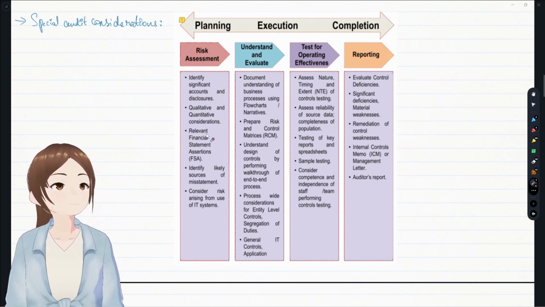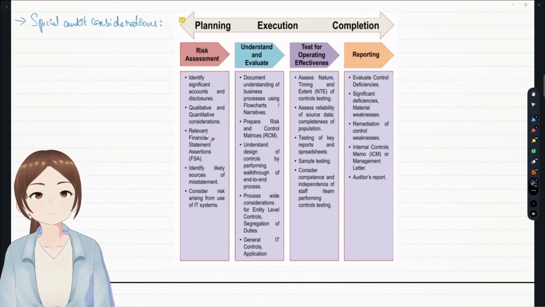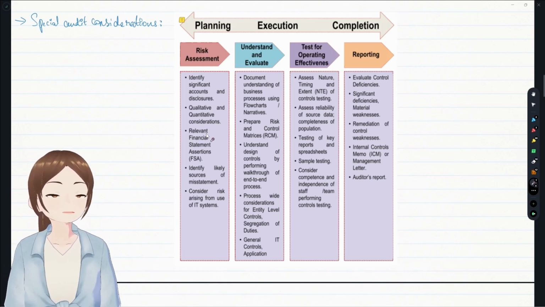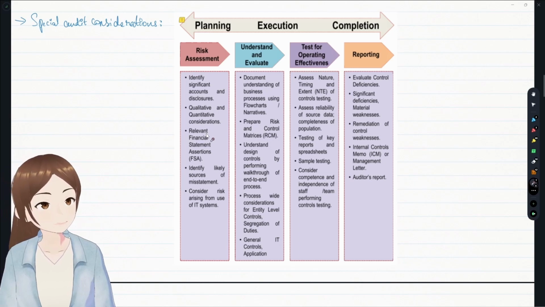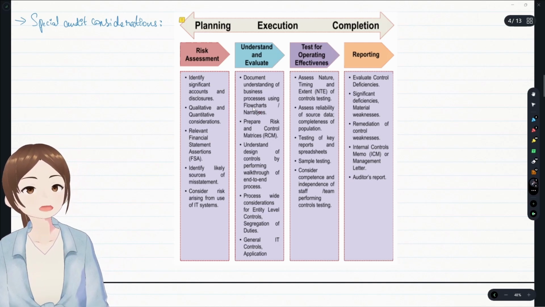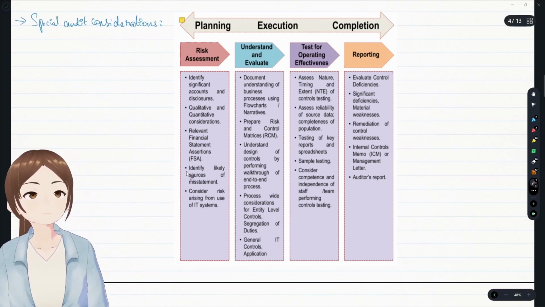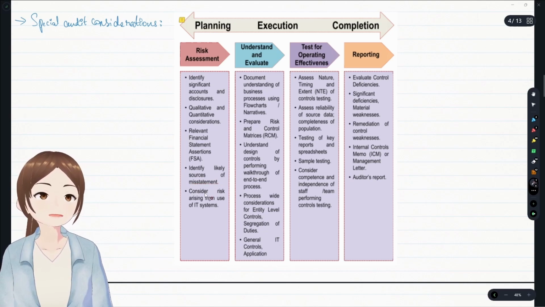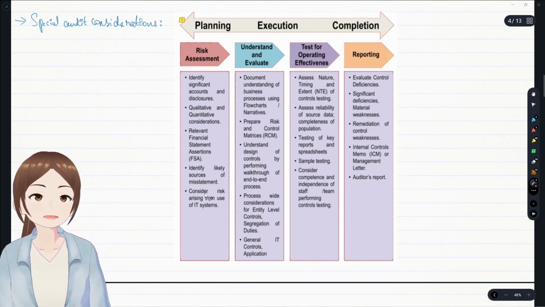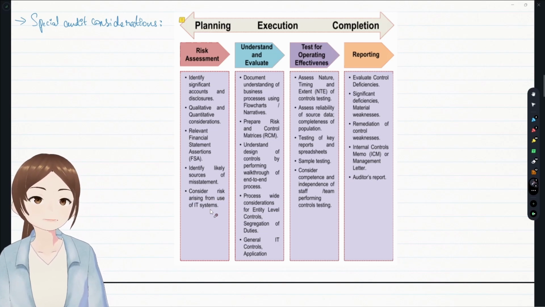We have to know what the key points or topics are that get used in this 200 series, and when we have to mention those relevant points in that particular question. We're going to discuss that soon. But before that, on financial statement assertions, these were the assertions that the management has given. Identify the sources of misstatements. We could get written representations from the management or TCWG. And wherever there is IT, you have to write a risk.